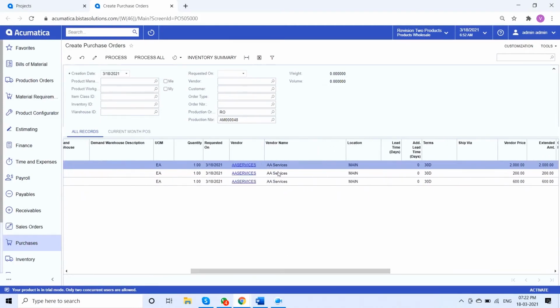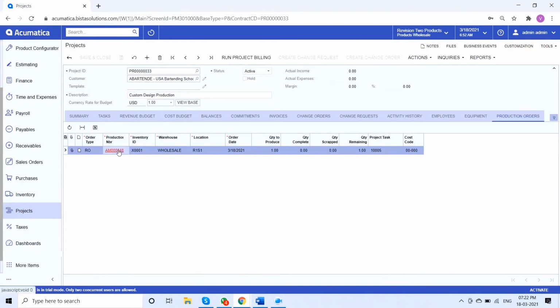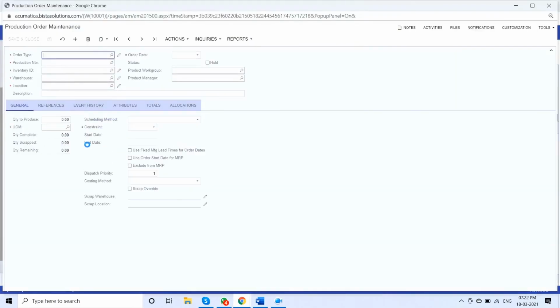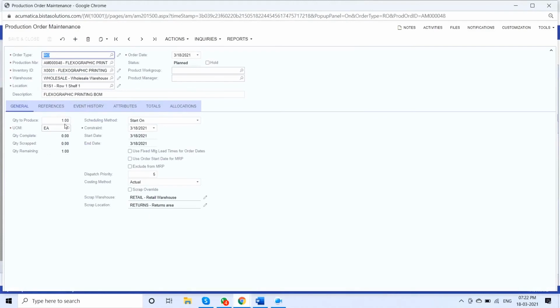Now all the default things have been automatically picked by Acumatica. The quantity has been set as 1, so I think something is wrong in the production order. So okay, I'll make the quantity to produce 100, and now I'll create the purchase order again.